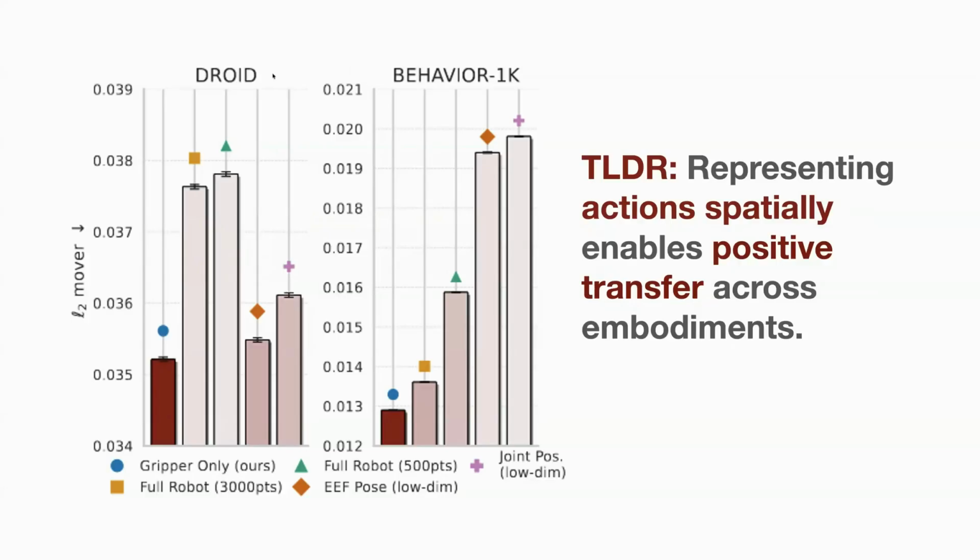So this is training a single model on both embodiments. One is the Franka being used in DROID, and the other one is the Galaxea, I think R1 Pro, being used in BEHAVIOR. So there are very different embodiments. If we train them with joint positions, we can see the errors are relatively large. And then if we train on end-effector pose, that's slightly better and intuitively also more aligned, although one is one hand and the other one is two hands.